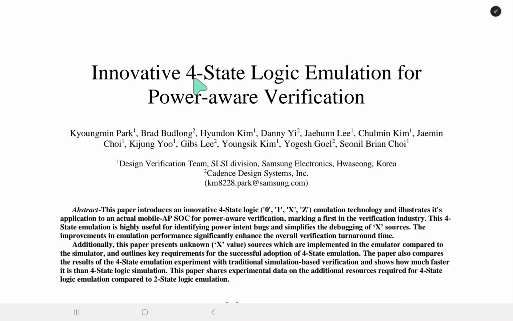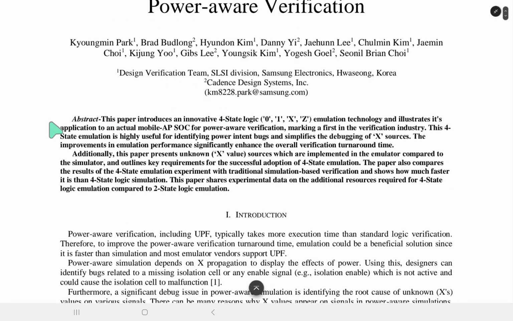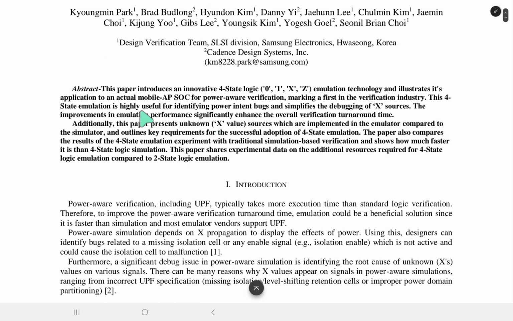Innovative four-state logic emulation for power-aware verification. Abstract. This paper introduces an innovative four-state logic: 0, 1, X, or Z. The simulation technology will illustrate its application to an actual mobile AP SoC for power-aware verification, marking a first in